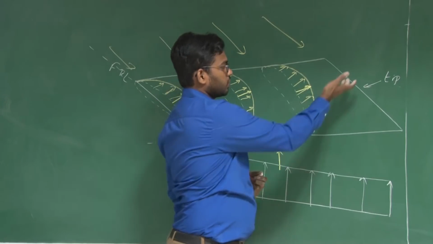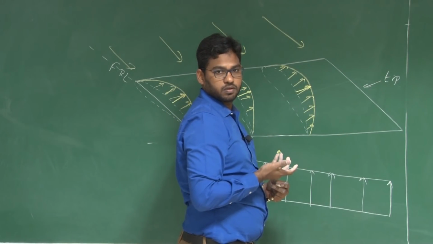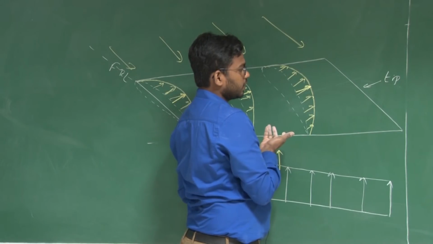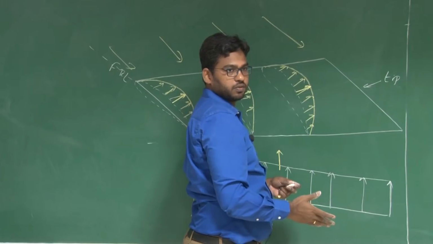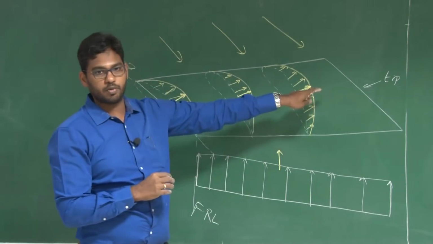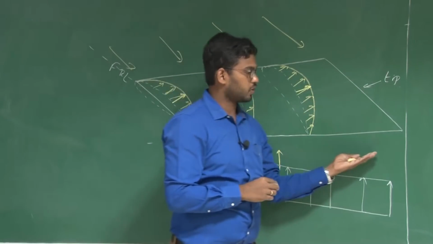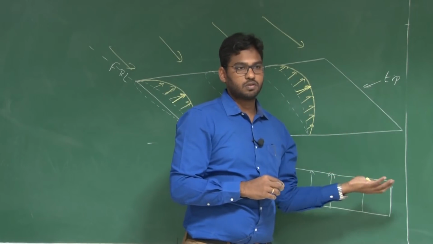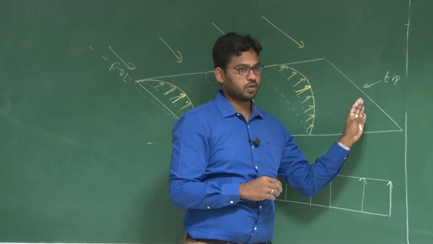That means you can say low pressure on the upper surface and higher pressure on the bottom surface. Due to this, there is a sudden ending, right? The wing is ending abruptly here. Now what happens at that particular point? The flow from the bottom surface will try to curl towards the upper surface at that particular location.